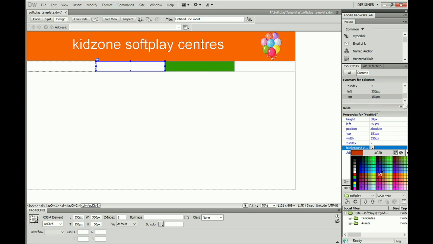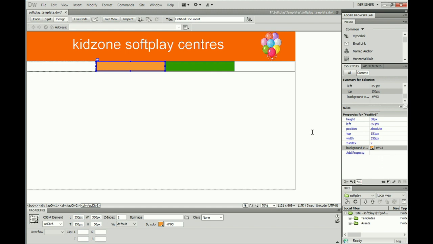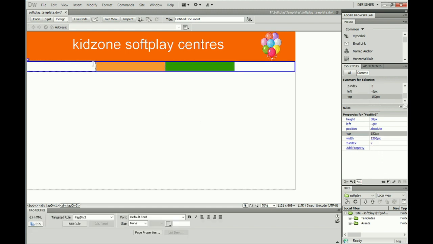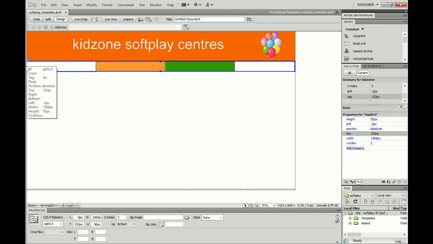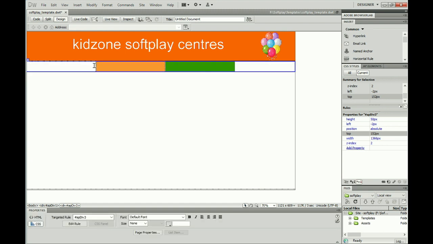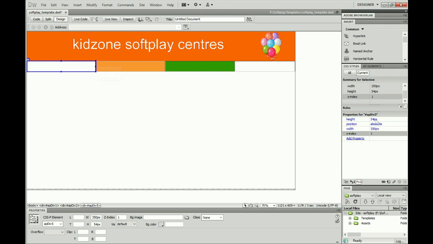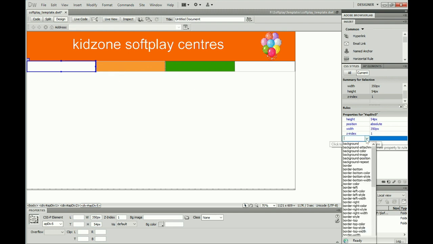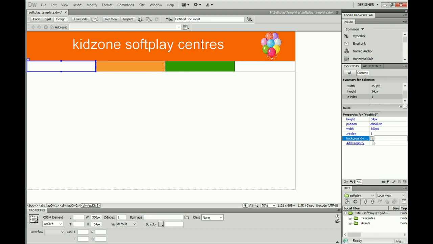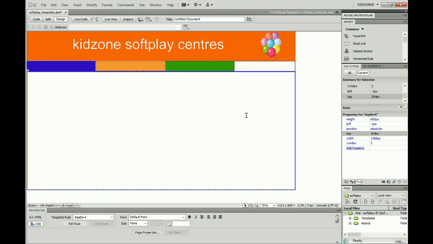And we've got, let's put an orange in there, and then we'll pick up another one. Grab hold of the div, might be able to, might not. There we go. Again, add the property. So background colour, and on this occasion I am going to go for a nice dark blue, and that's our 3 buttons sorted